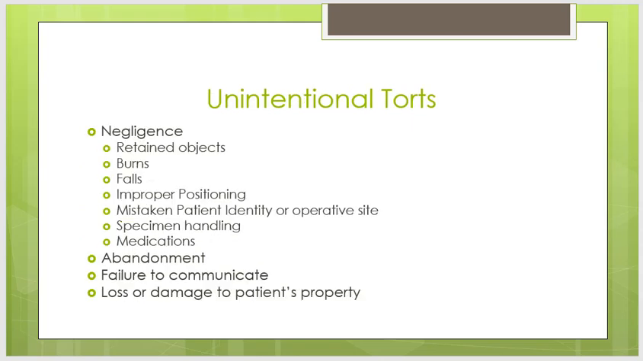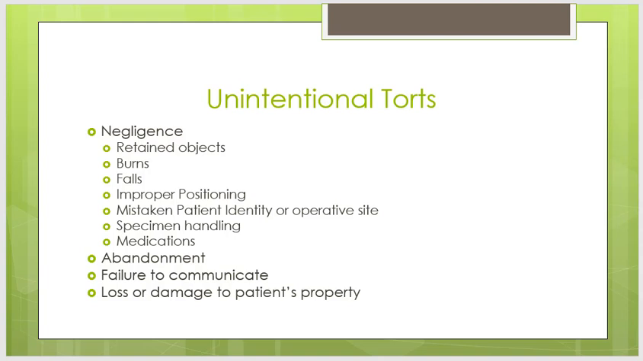Unintentional torts are the most common form of liability. Negligence is an unintentional tort, an omission or commission of an act that a reasonable and prudent individual would not do under the same conditions. Some examples of this in the OR would include retained objects or objects left in a body cavity, burns, falls, improper positioning, which could lead to patient injury, mistaken patient identity or operative site, improper specimen handling, and poor handling